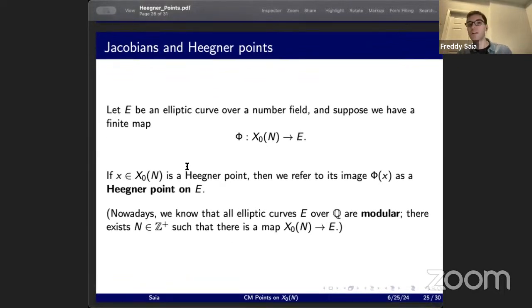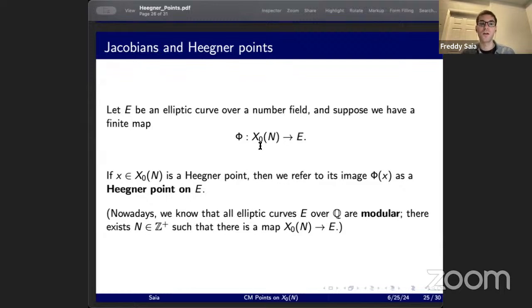So let E be an elliptic curve, and suppose you have a finite map like this. So you might call this a modular parameterization. So a surjective map from a modular curve, X_0(N), to your elliptic curve E. So if you have any point upstairs, you can of course push it forward to E. So we call a point x on E a Heegner point if it's the image of a Heegner point on X_0(N). So you're just pushing forward Heegner points on your modular curve to get Heegner points